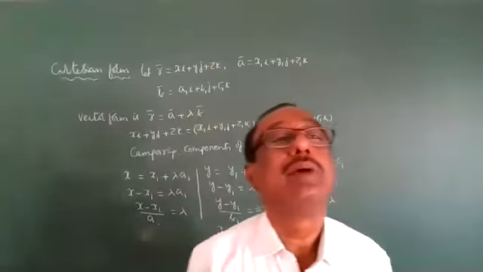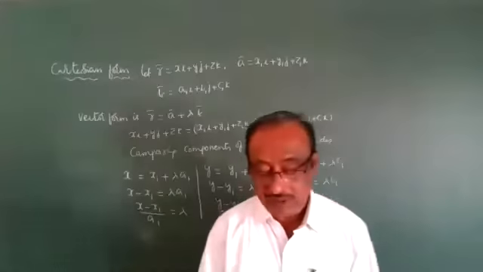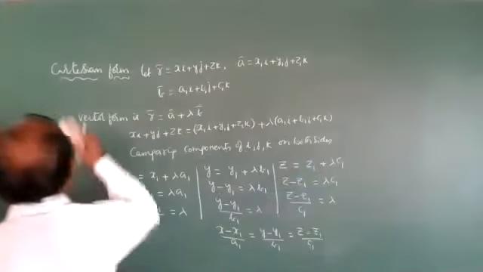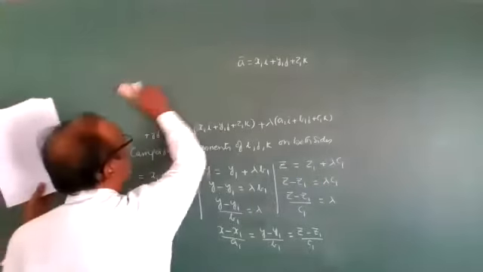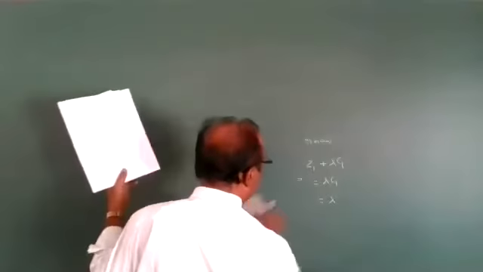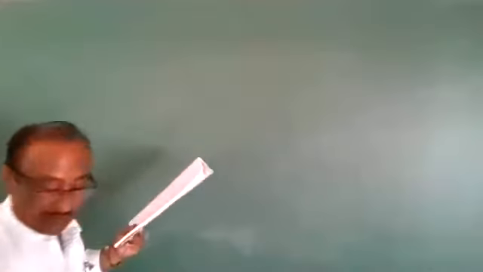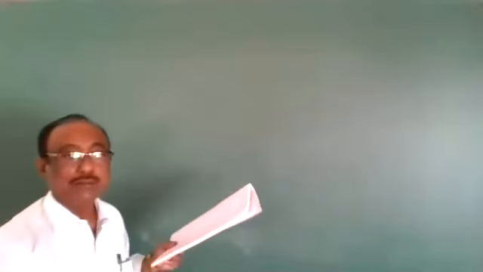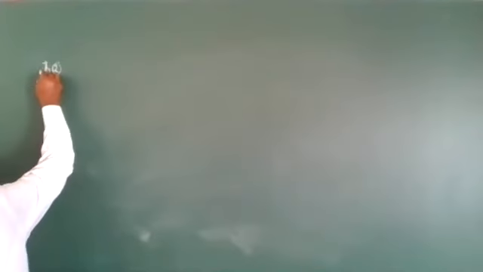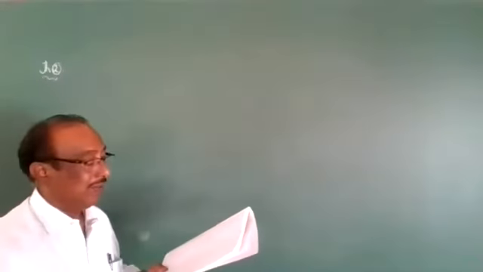Number 2, everyone. This is also an important theorem. All right, everyone see what theorem number 2 is. There are only 2 theorems, and these 2 theorems are important. So theorem number 2, everyone see theorem number 2. What is the statement of theorem number 2? It is the vector form equation of a line.